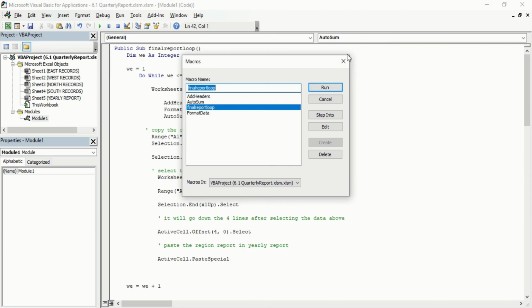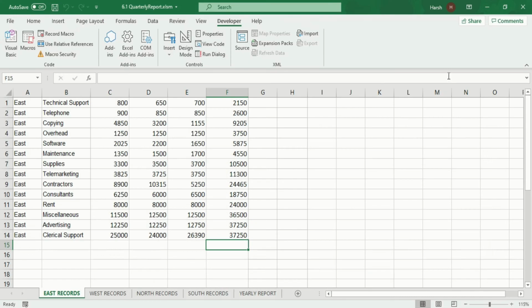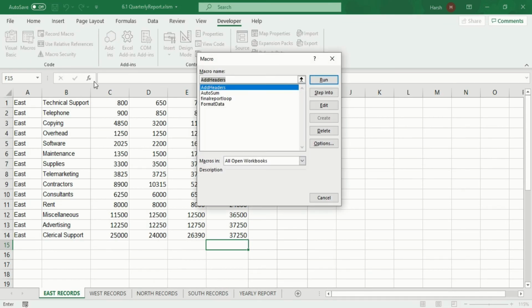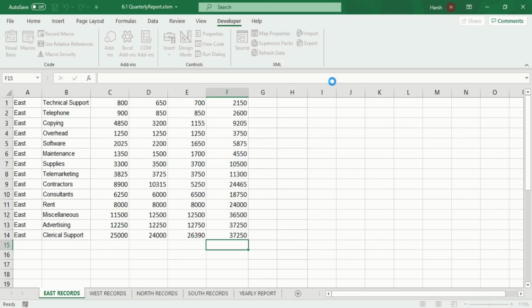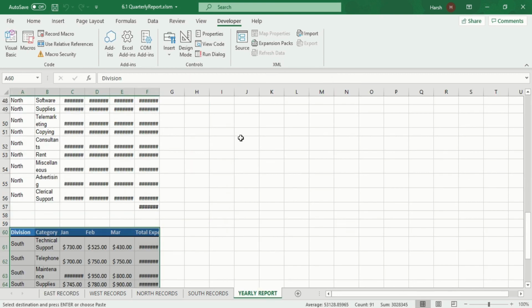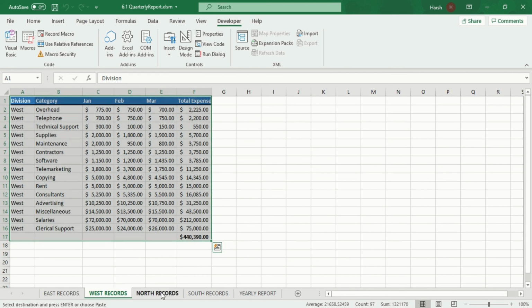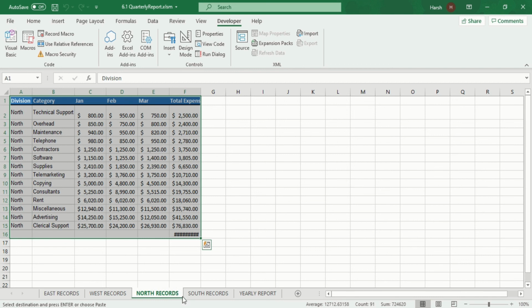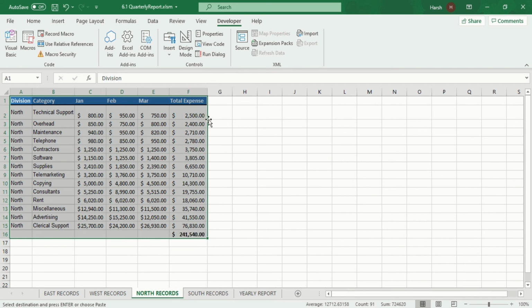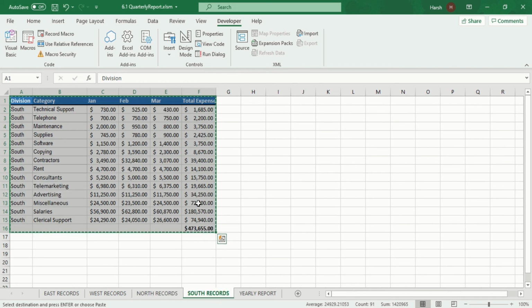You can do that from here also, or you can downsize this and go in Excel to the final report loop and just click on run, and you will see it is running. If you see in the history code, it has added our headers, and in the end it formatted our headers and summed all this from F2 to F15, and for the west record it also repeated the same, and in the 16 it also reported the same. If you want to, you can increase the size and you will see the sum of it. And for the south record you will also see that it has done the same.